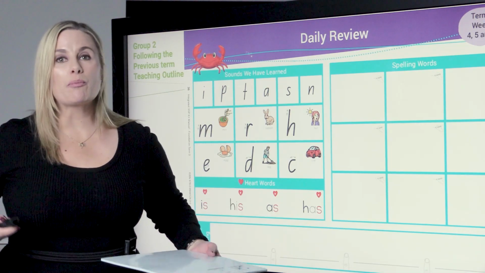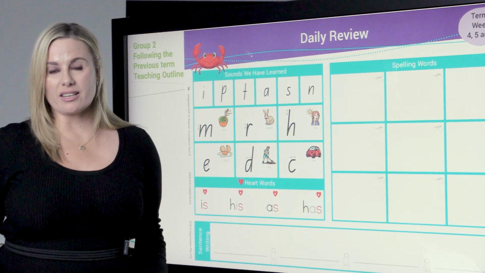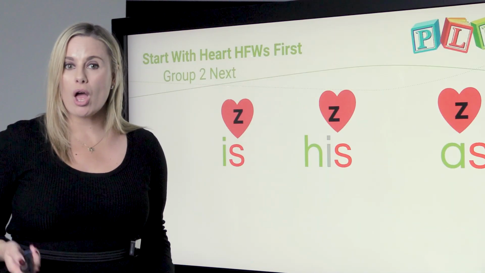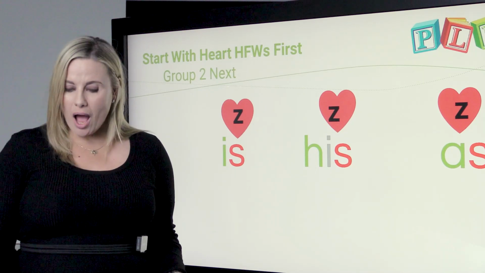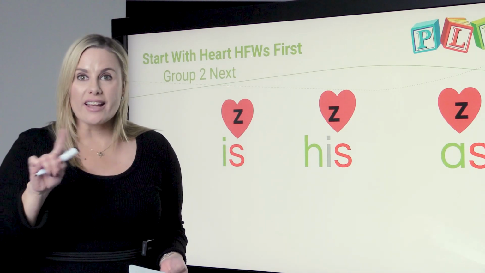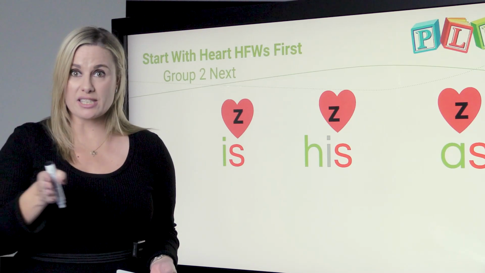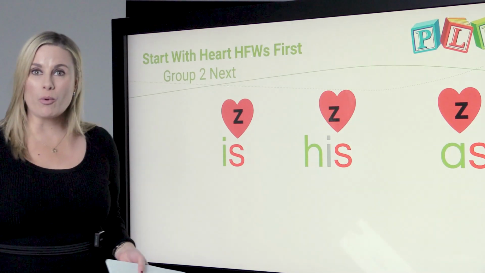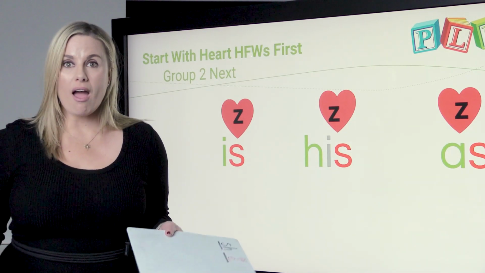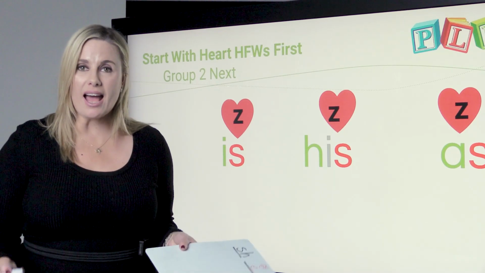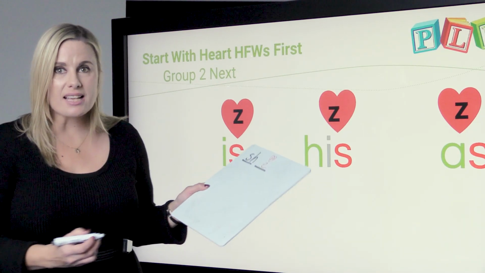Group 2 are following the previous term's teaching outline. So you use a daily review template from the previous term. Group 2, you are looking at the letter S, making the Z sound. We know what to make the S sound of snake. Well, this week we are learning the word has. Has. He has a puppy. Has. Okay, what are my sounds in has? I have